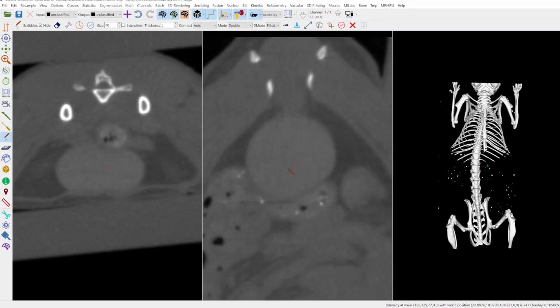For example, here it's 247 and here it's 183. So it's very similar, and we cannot use thresholding functions, for example, to segment it. Therefore it's more suitable to use the scribble tool. And now we delineate the boundaries of the urinary bladder.